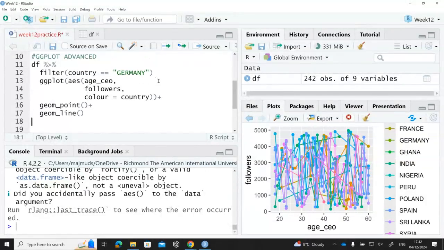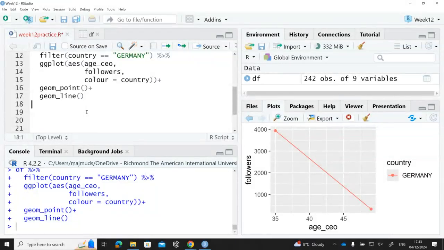Okay, there's an error somewhere. What do you think is the error here? Anybody can pick up the error? Double quotes. Double quotes is there. Plus. Yeah, very good. There should be a plus here. Or make a note, if you're doing filter, it should not be a plus, it should be the pipe operator. The plus should only be with ggplot. In here, you need to have the pipe operator. So make a note, the plus is only with ggplot. Every other time, it needs to be the pipe operator. So now if I run this,